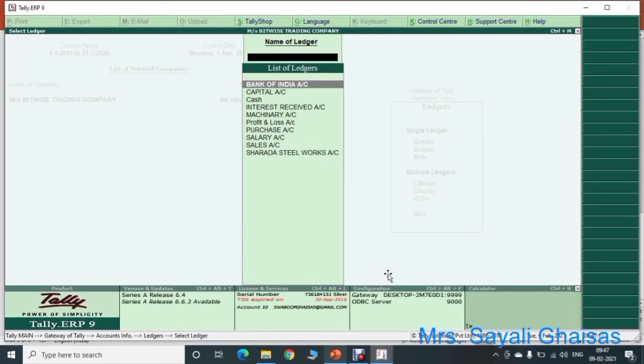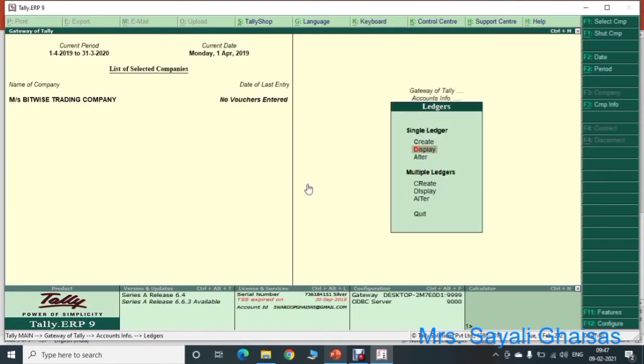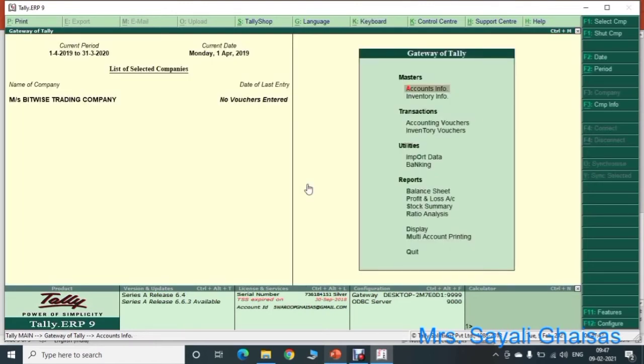Whenever we create any company, by default two ledgers will be created, and those ledgers are nothing but cash and profit and loss account. So see here, cash and profit and loss, these two ledgers have been created by default, and the rest of the ledgers are the ones that we have created. Okay, now press escape key and go back.